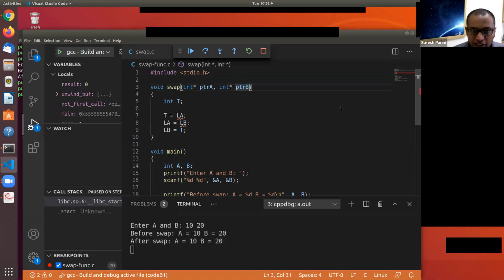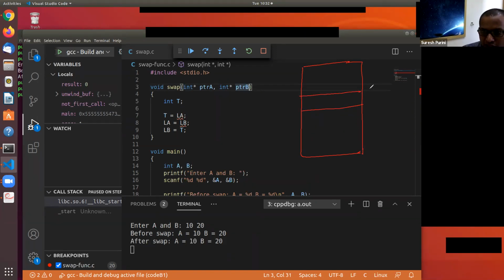So what we have to do is, in the memory, let's say this is variable A, and it is of type integer.